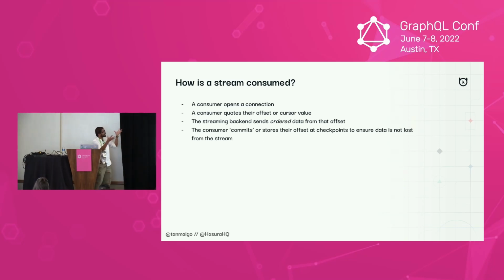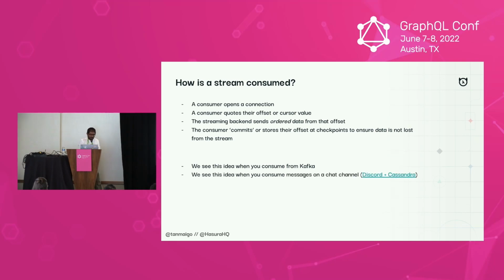The consumer that is consuming the stream keeps committing or storing their offset at checkpoints, wherever they do it. Sometimes they do it within the streaming backend, sometimes they do it locally. Wherever they do it, they keep storing their offset at checkpoints to ensure that data is not lost from the stream, right? And you'll see the same idea, in variation, no matter what you stream, whether you're doing a backend thing from a Kafka to a Kafka system,